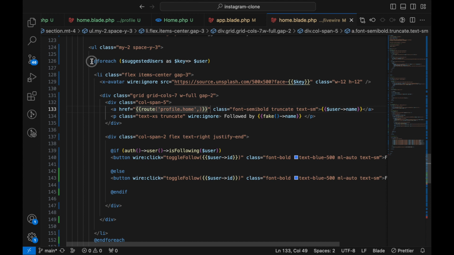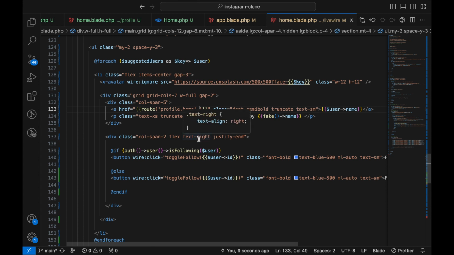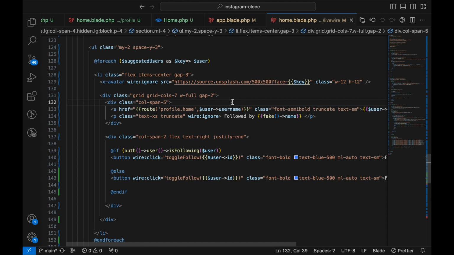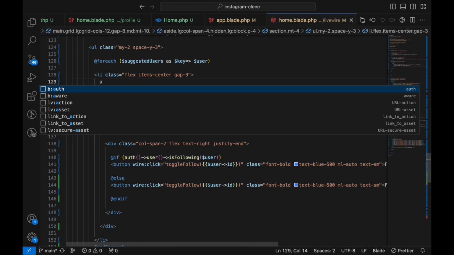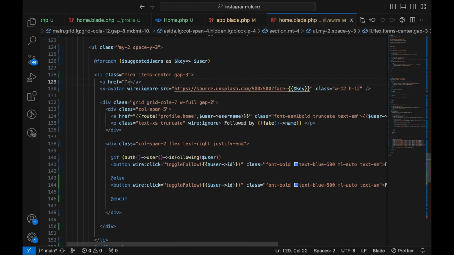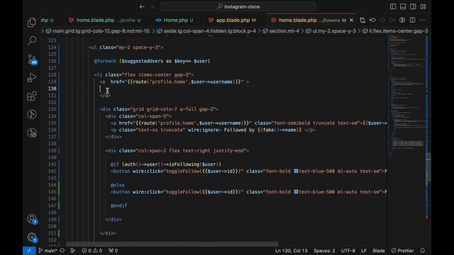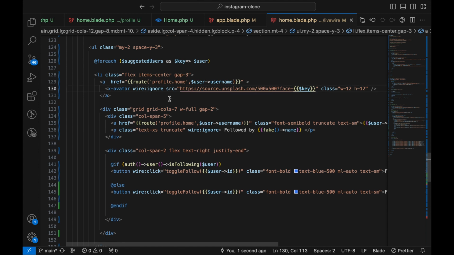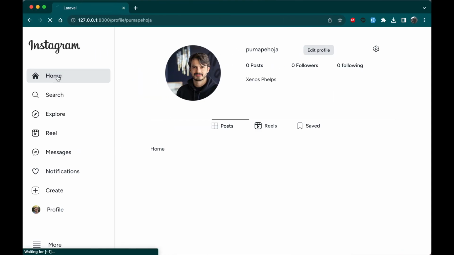Since we are looping through users here and we are getting the user model, you can simply get this user from here. And then in our route, we can just pass this username. So just copy this. For the avatar, wrap the avatar in an A link and replace this link with that. Make sure I wrap the avatar inside this A tag element. Alright, after that is done, now if you go to our home,